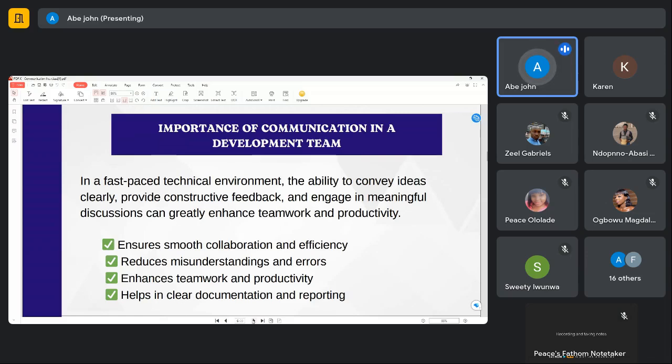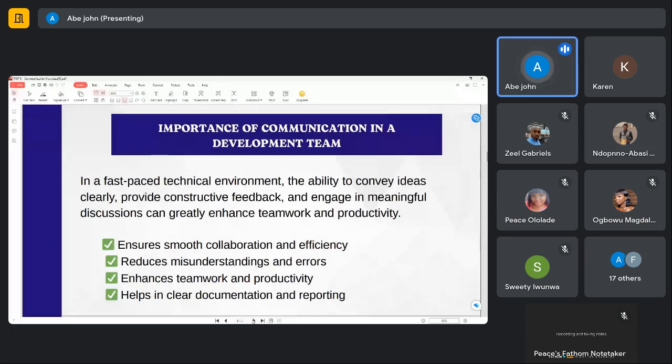Because when you ask your developers, okay, how did you do this? How did you do that? For example, you're a product manager or a project manager, and you want to give a report or you want to make some documentation about your project.